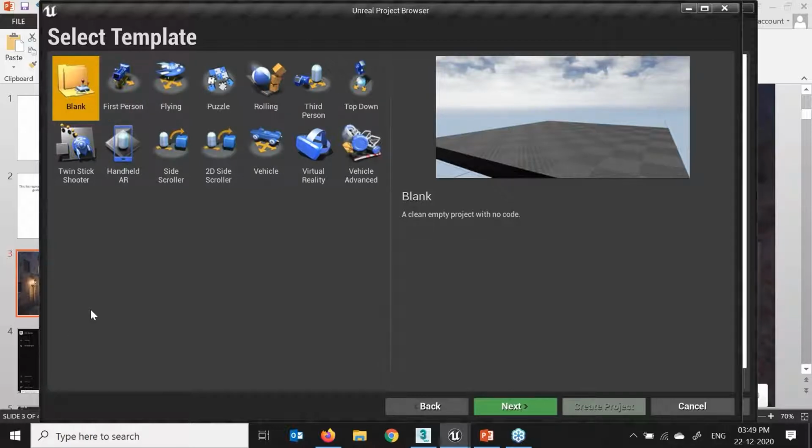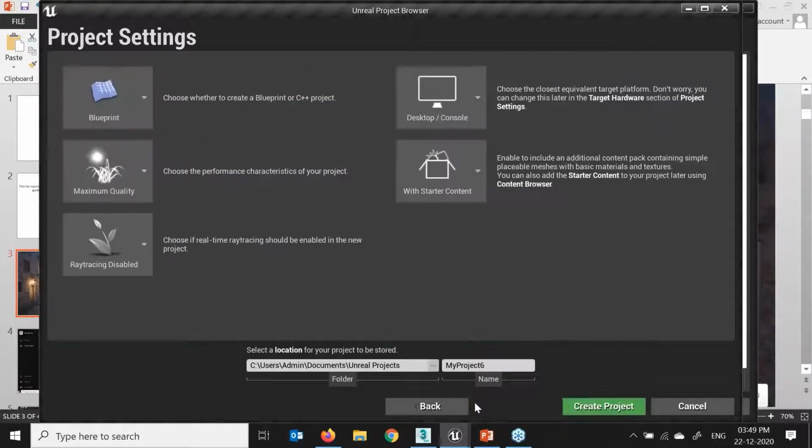First, the project setting editor is divided into various categories and selections of related options. Categories are displayed as a heading, while each of the sections displays a hyperlink that opens the option for the selections in the editor. Now what I'll do first, I'll just open this blank and say next.